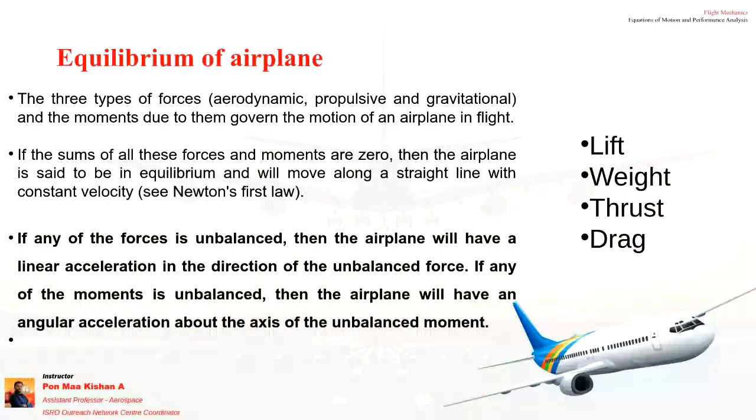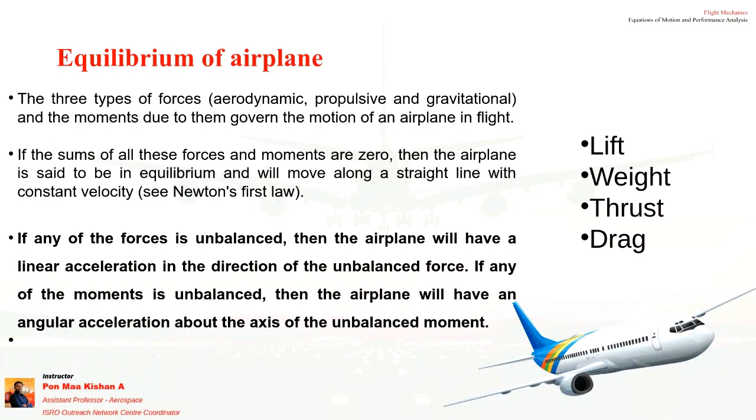Suppose the lift on the right-hand side, it is my right-hand side. I don't know, the mirror may be imaged or something in the video, so kindly look into the video also. If on the right-hand side the lift is increased and on the left-hand side the lift is decreased, there is an unbalance, right? The forces are unbalanced. So what will happen? The side which has more lift will generate a movement, and the side which has less lift will create a rolling movement.